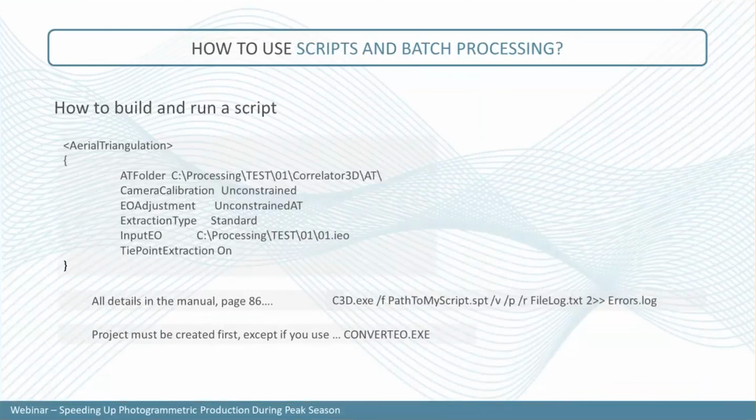So now, talking about how you can use scripts and batch process some of the modules. How is the script built, basically? In a script, we have the name of the module that is used, and then all of its parameters. The parameters are usually the input folder for this module. Here in the AT, we have, let's say, the camera calibration, the EO adjustment, and the extraction type. Those are all features that you'll find in the graphical user interface, but they can all be